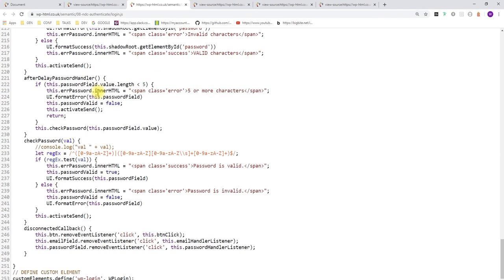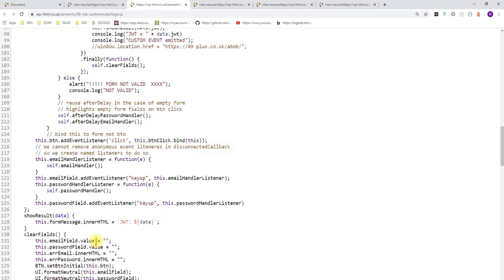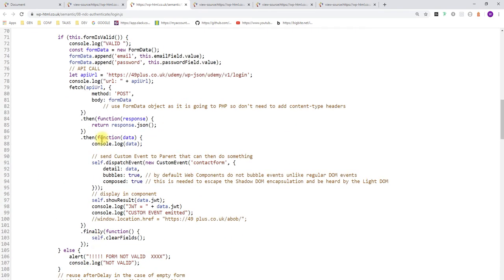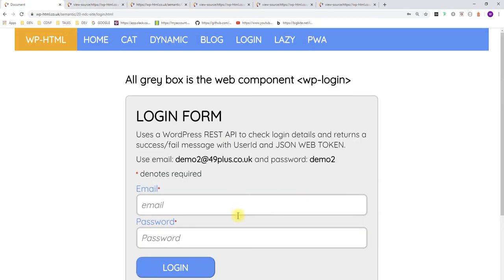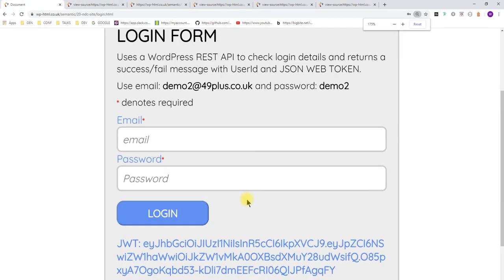So if we come on down, we can see we define our element at the bottom here, and if we work our way up top, we can see we do a fetch request to our endpoint REST API, and when we come back, we're getting back our JSON web token, as well as more information if we want it that we can now display. So going back, we can see that here once more time,